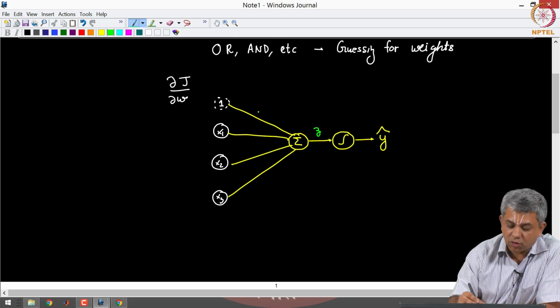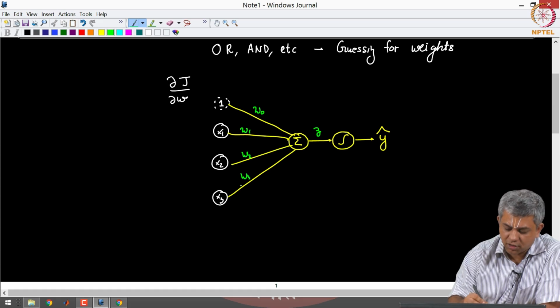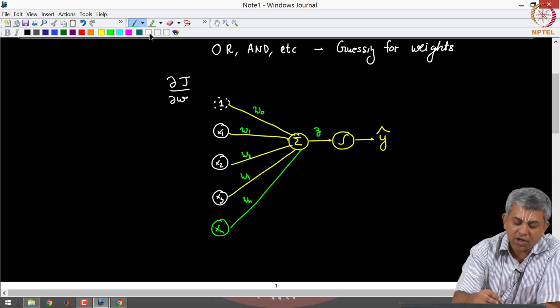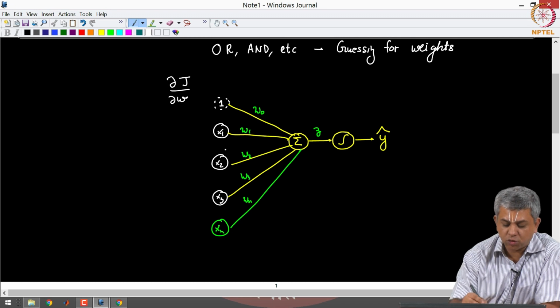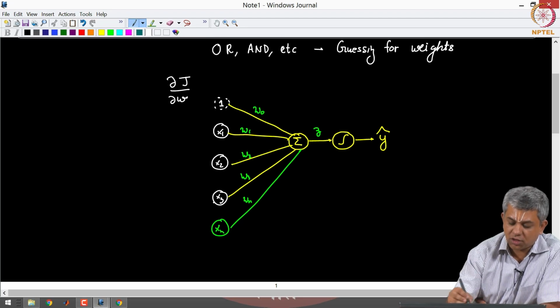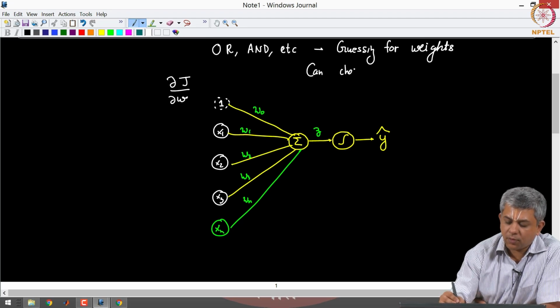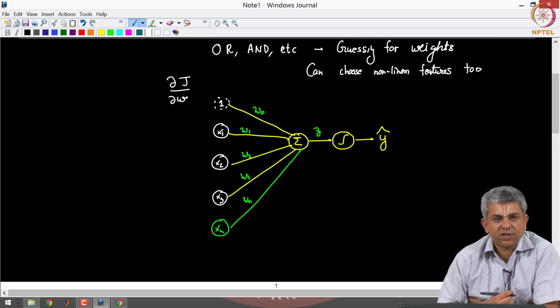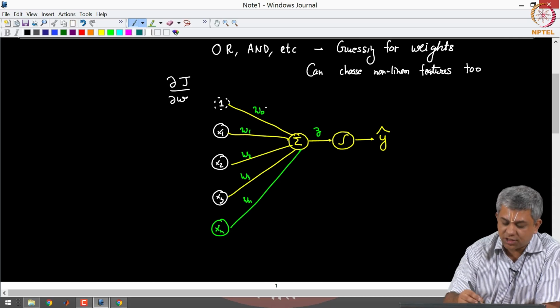Now the weights which we do not know are here, W0, W1, W2, W3 and so on up till Wn. Remember, just like in linear regression, you could choose x1, x2 to be x1 square, x3 to be x1 x2, etc. So you can choose nonlinear features as well. Okay, this is just as a reminder. So what is missing in this picture? We do not know these w's, this is just the forward model,